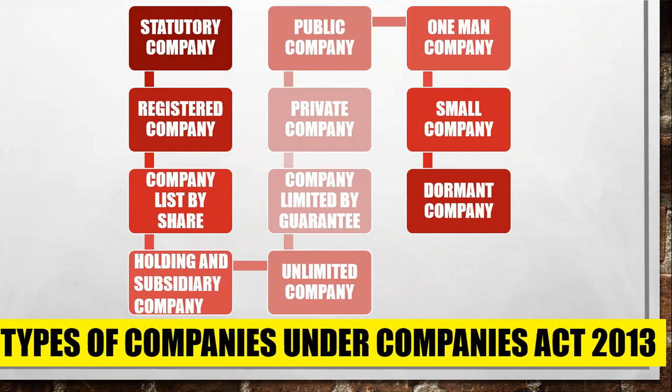Okay. And last is the dormant company. A dormant company is where the company is only formed, you have registered your company under the Companies Act, but for a future project you just hold that asset or intellectual property. You have not started any accounting transaction yet. You have just formed and registered your company in the Companies Act.